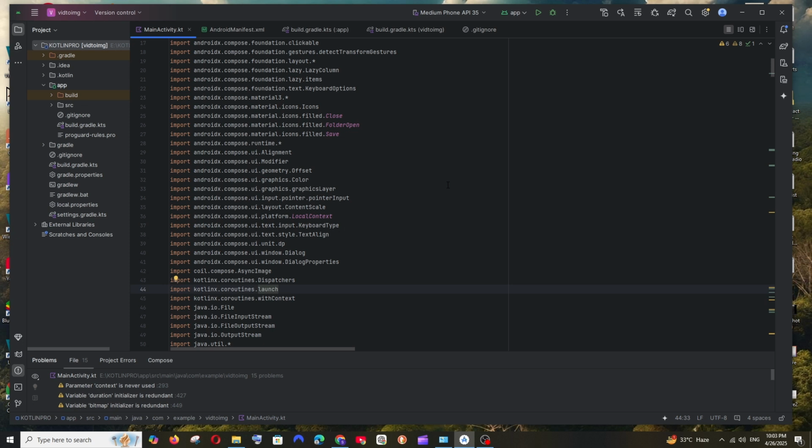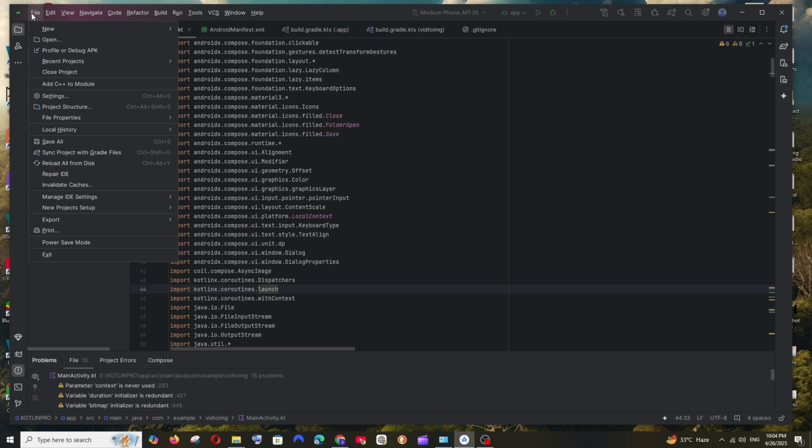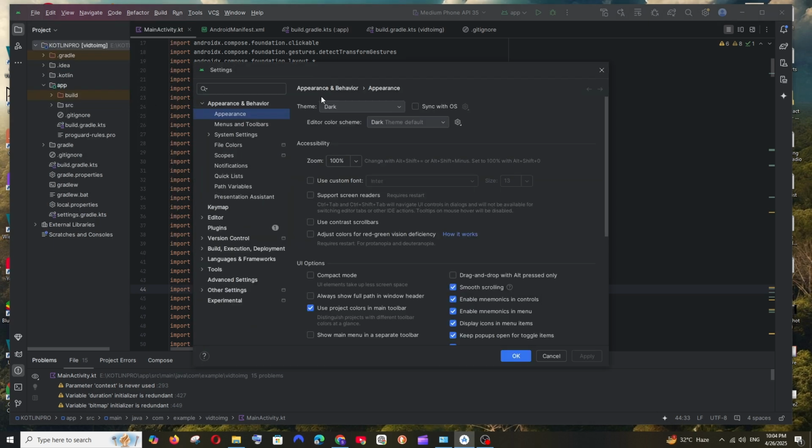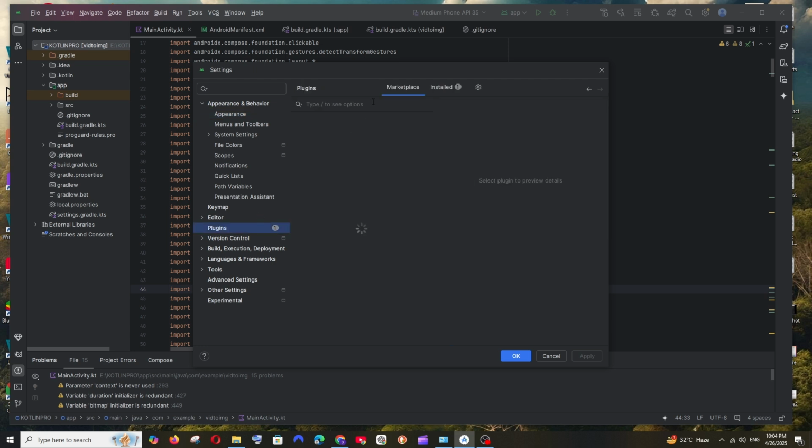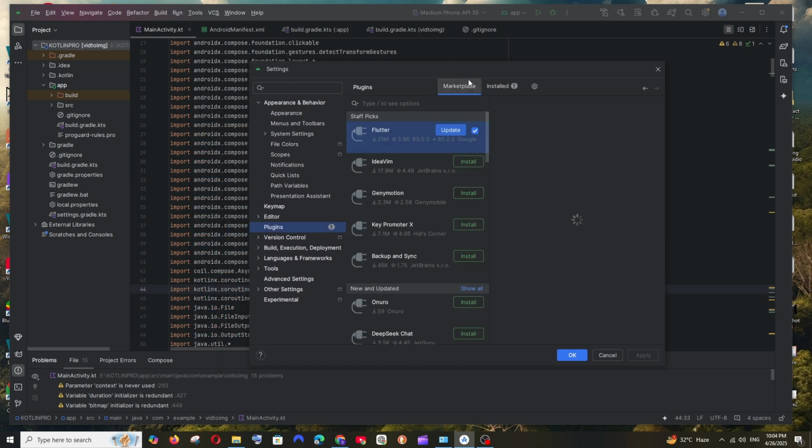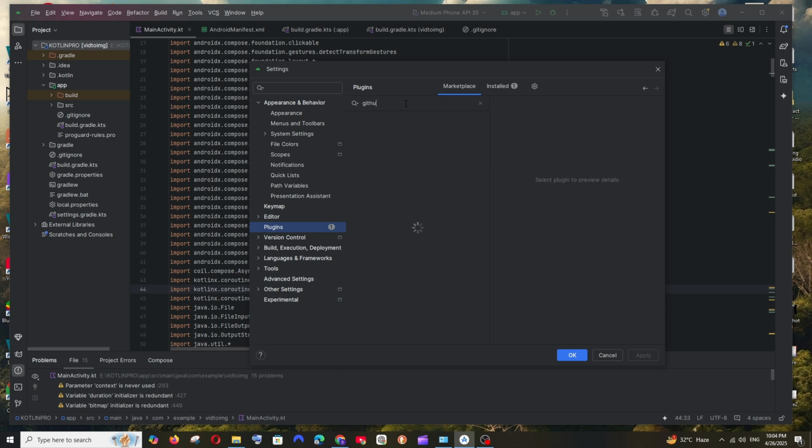Hey everyone, in this video I will be showing you how to set up and use GitHub Copilot in Android Studio. So let's get started. First thing, here you will be having the main menu. Select it and just go to File. You'll be having the Settings option. Click here, and in Settings you are going to have Plugins and select Marketplace, and here just search for GitHub